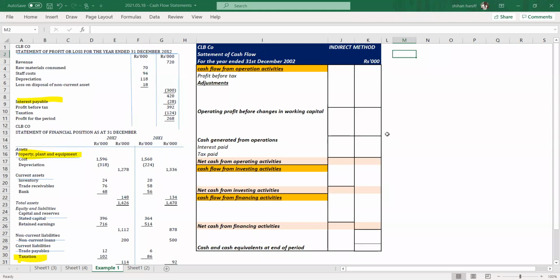So I will draw workings or ledger accounts for these three,